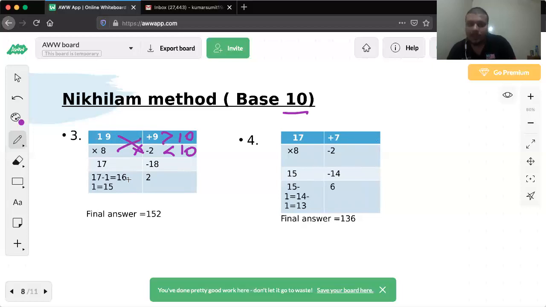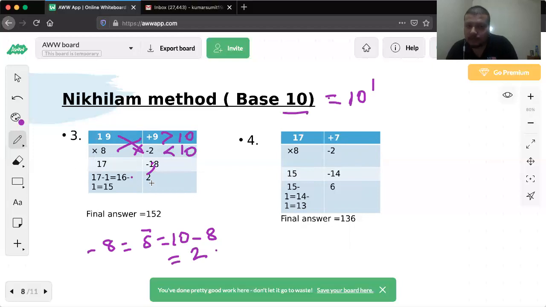Fine. Now what we do is, again, since the base is 10, 10 is what, guys? As I have already told you, 10 is 10 to the power 1. The vinculum is 1. So we have to take only one digit. That is, we have to transfer this minus 1 on the LHS. 17 minus 1 is 16. Fine. And then what we get is minus 8 or 8 complement. 8 complement is what? 10 minus 8 is equal to 2. So this minus 8 becomes 2, and we have to transfer minus 1 to the LHS. 16 minus 1 becomes 15. Combining 15 and 2, we get the answer as 152.